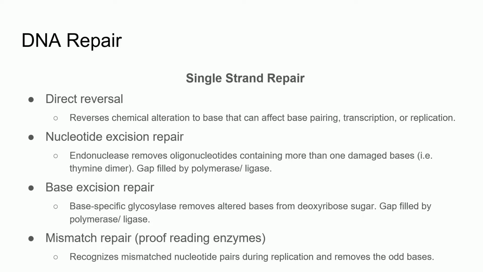Direct reversal is a chemical correction mechanism that reverses any base switches or alterations in the chemical structure of that base. This mechanism does not rely on a template and does not affect the covalent bonds of the DNA backbone. The protein methylguanine methyltransferase, or MGMT, is one example of a direct reversal repair protein that removes aberrant methyl groups on guanine bases. MGMT may sound familiar to some of you, as it has significance in glioblastoma therapy.